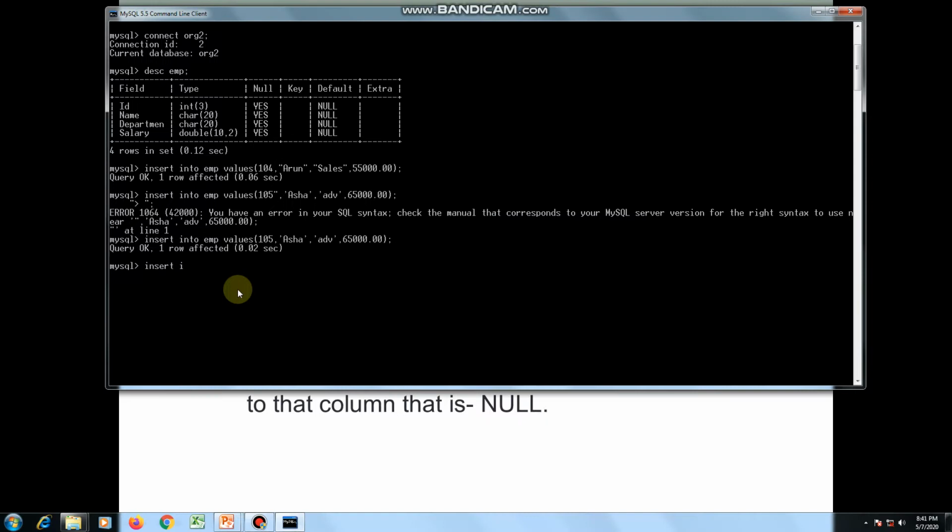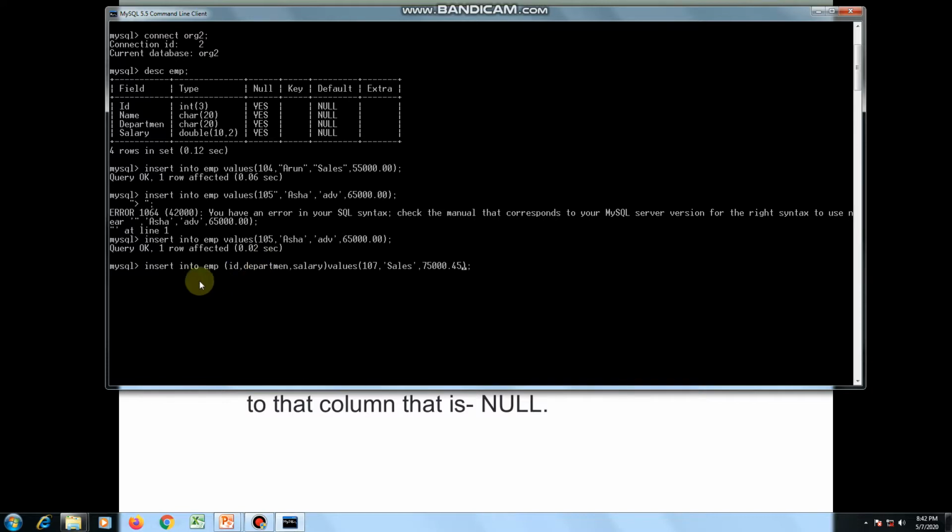So insert into table name, and then field name 1 is ID, field name 3 is department, and field name 4 is salary, then the values attribute, and then we will specify values. For ID we are using value 107, for department I am using value sales, and for salary I am using 75,000.45. After closing this bracket I am using this semicolon.